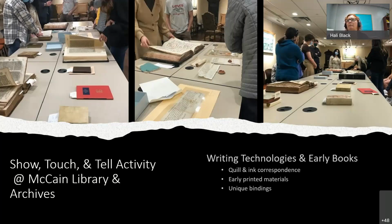And so instead, I like to label this activity as more of a learning experience that I call show, touch, and tell. Because show and tell is fantastic, but when you also get to touch, it adds a whole other element to that. And so Jennifer supplied all manner of materials, which the students were allowed to examine and touch, which they were very excited about. And so Jennifer provided details on each item, which allowed students to learn as they interacted with the materials, creating a very interesting